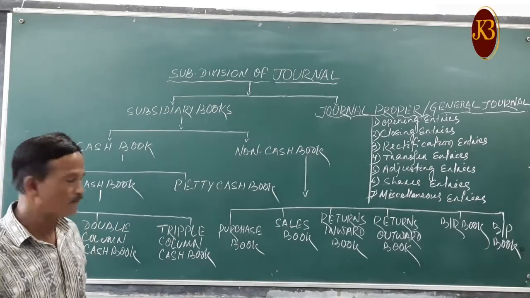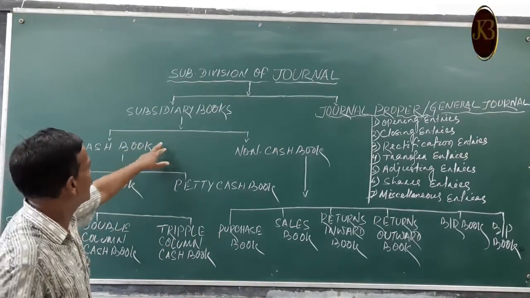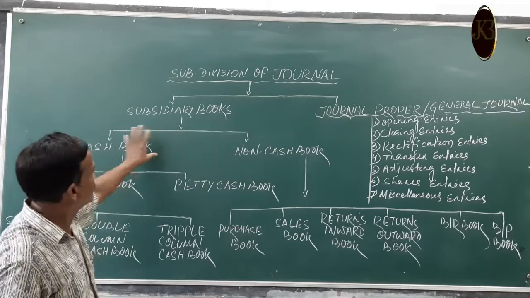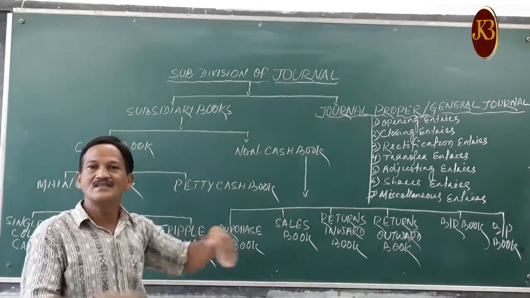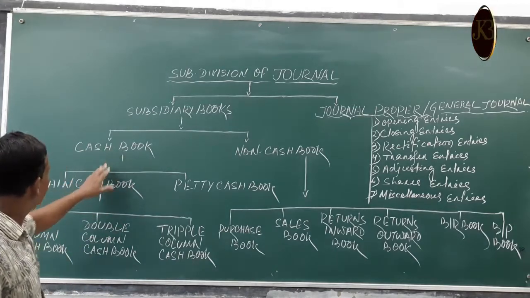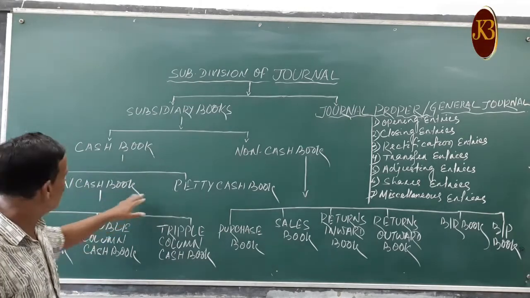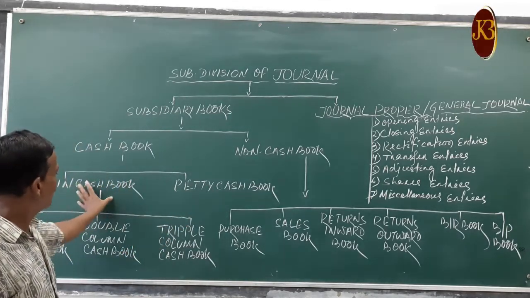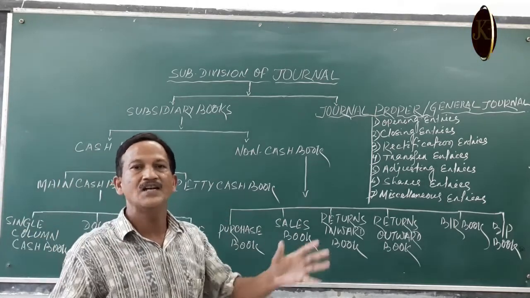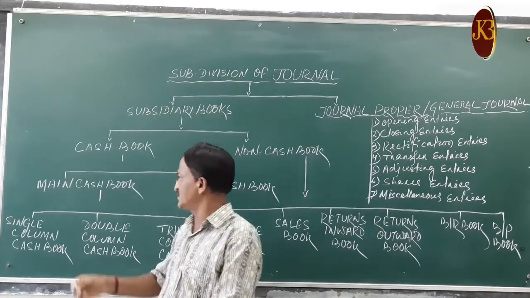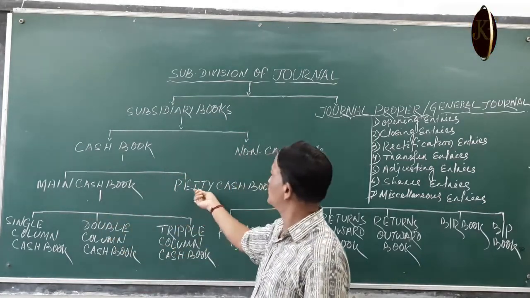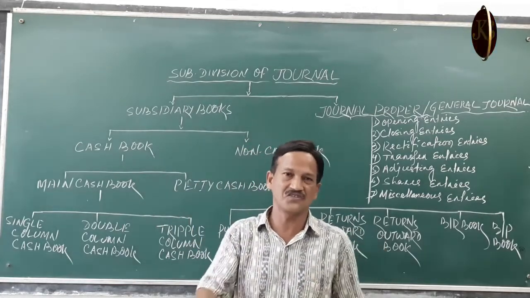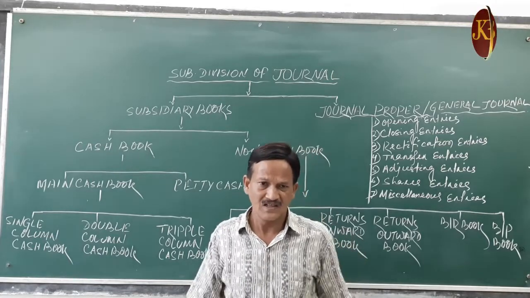The subsidiary books are again divided into two categories, cash book and non-cash book. That means cash transactions are separated and non-cash transactions are separated. Cash book is again divided into two books, that is the main cash book and petty cash book. Main cash book means the cash transactions which are of larger amounts, the big amounts. And petty cash book means the book which records very small transactions, petty payments like postage,